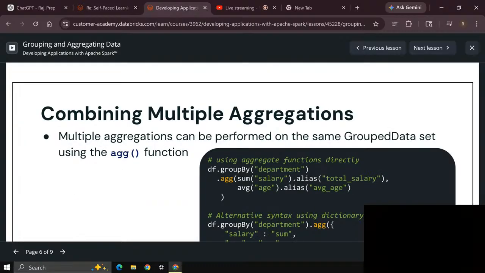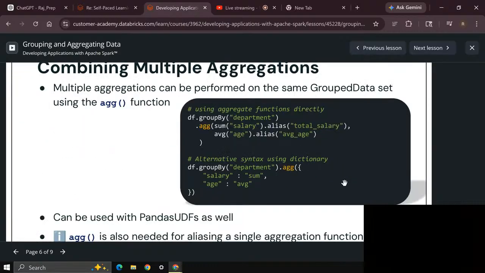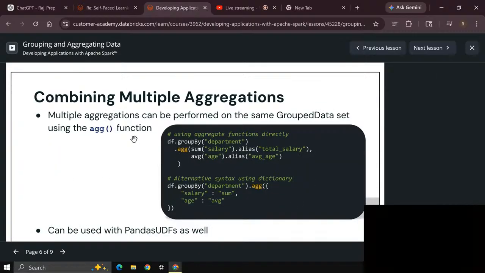So, combination of multiple aggregations. Let's continue this. Combining multiple aggregations can be performed on the same grouped data set using aggregate functions. For example, I am giving group by department, and I want to aggregate first